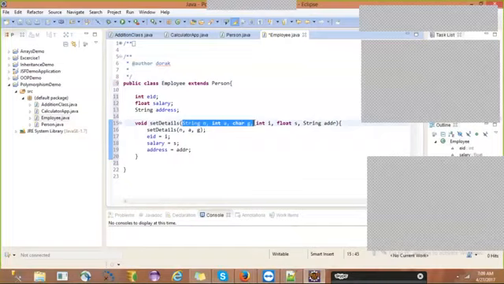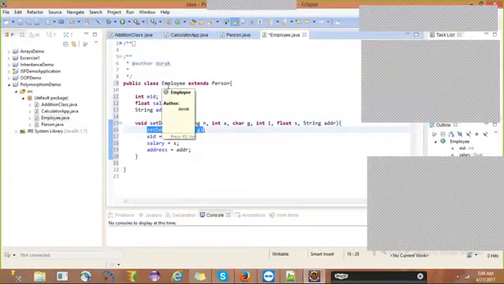You can ignore this, but how to take the values for that, right? That's why we are taking this. Otherwise you need to call the set details method from Person using the employee object, and always pass different parameters.